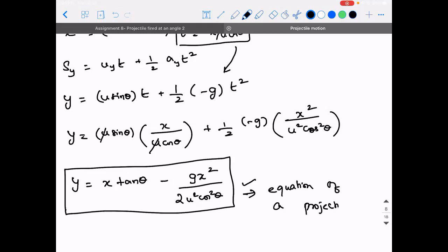This is a very, very important derivation from exam point of view, and from problem solving point of view, it is very important because most of the problems which involve distances, right? Most of the problems where you are asked to calculate distances can be solved using this one equation.